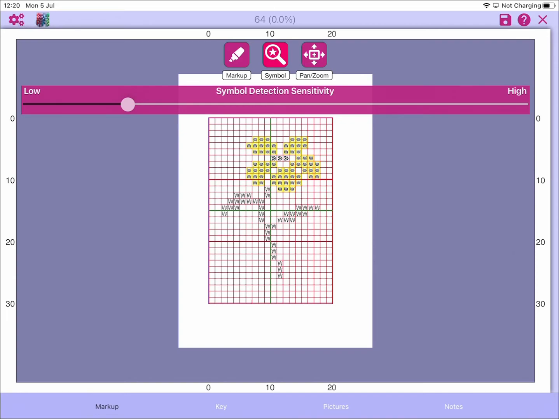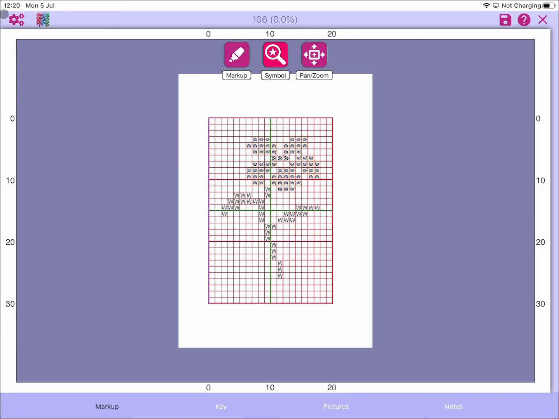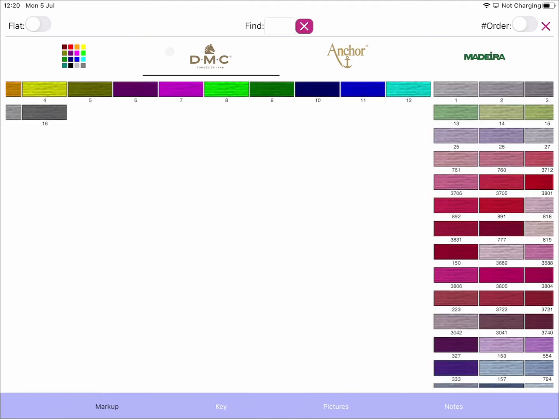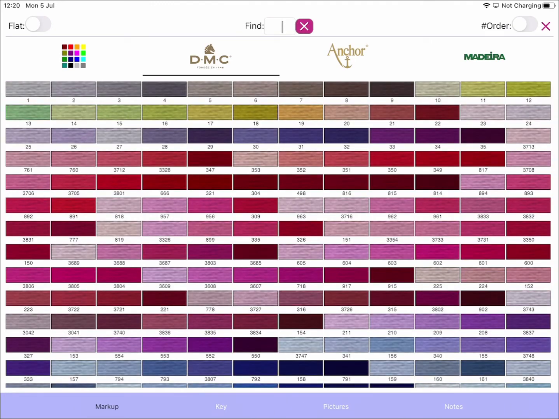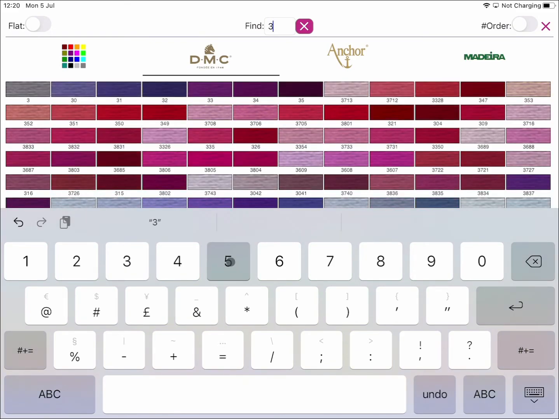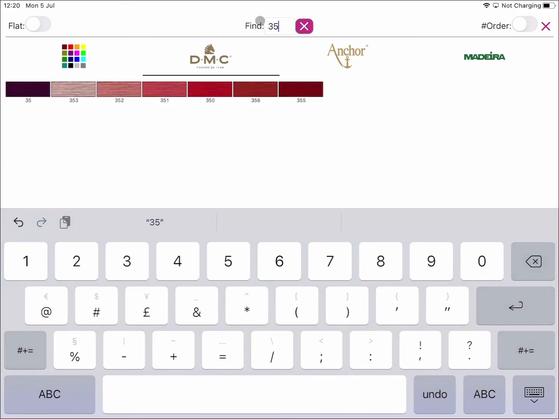The other changes that we've made: if we click over to the symbol selection mode there, and we come over to here where we can open up our colors, the change that we've made is that when we come to enter a value on iOS, it now comes up with the numeric keyboard across the top. So you can type in your numbers to restrict whatever color you're selecting.